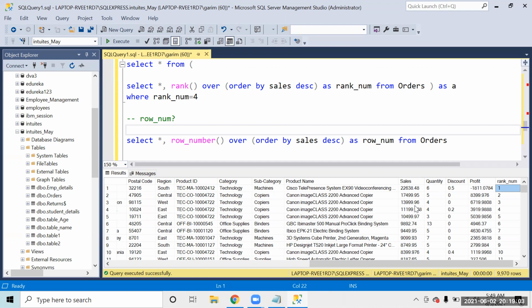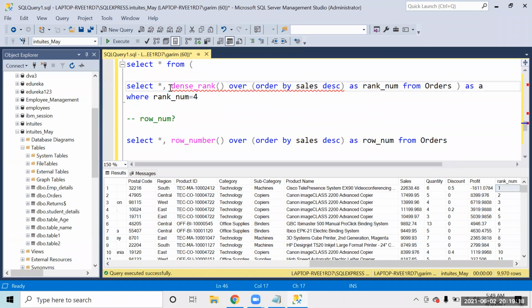There were two rank functions that we studied. One was rank and one was dense rank. When you use the rank function, it skips if multiple values are the same. But if you use dense rank, which technically would have been the correct function to use, it doesn't skip if two numbers are the same. It is going to give the next as 2 only. If multiple sales were the same, it doesn't skip.